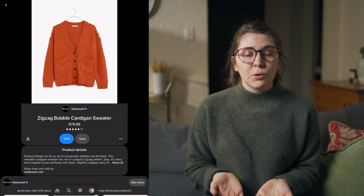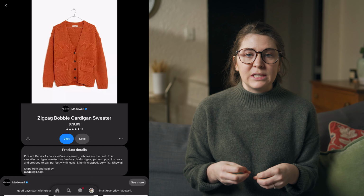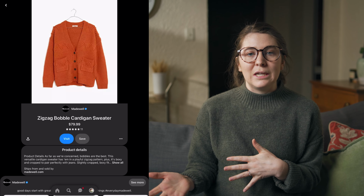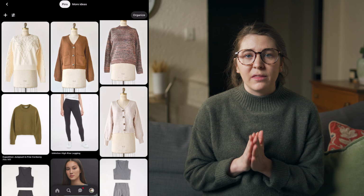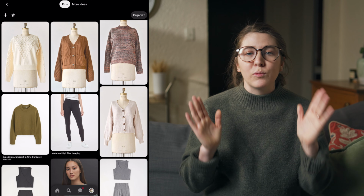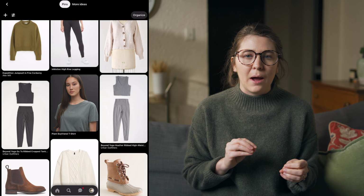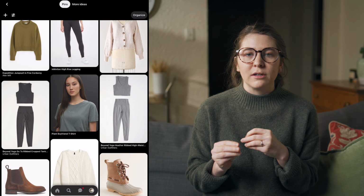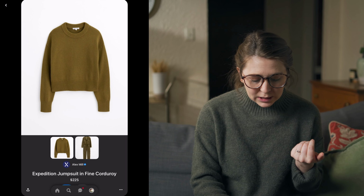And again, am I actually going to buy this sweater? Probably not, but I'm starting to gather these images so that I can get an idea of what I'm looking for when I do eventually go and try to find pieces for my wardrobe. Sweaters are definitely a big thing for my wardrobe because I live in Wisconsin, so I live in sweaters all winter long. And so I kind of just grabbed a good variety of different sweaters and different styles and colors and textures. And so I have something like this in that deep green color,